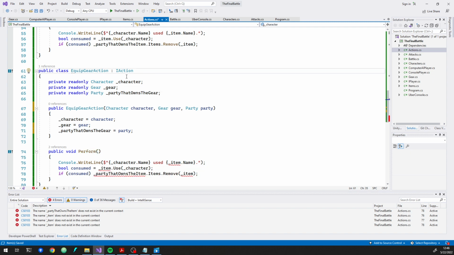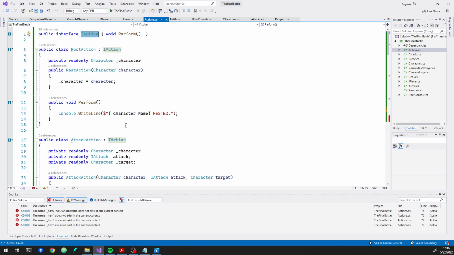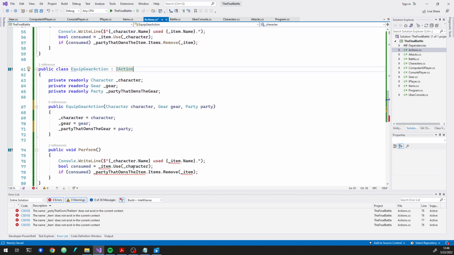The system that's using these actions has no clue what they're going to do. They're just set up to say, I don't know what it's going to do, but whatever it is, run it. That's what they'll do. So this equip gear action,